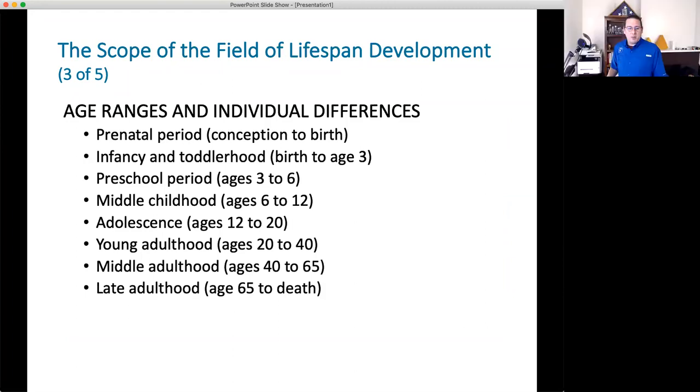And again, I just want to point out that people mature at different rates and reach development at different points. So these aren't hard and fast rules. And again, environmental factors can really play a significant role in how these stages are likely to occur. Hopefully you all have that.